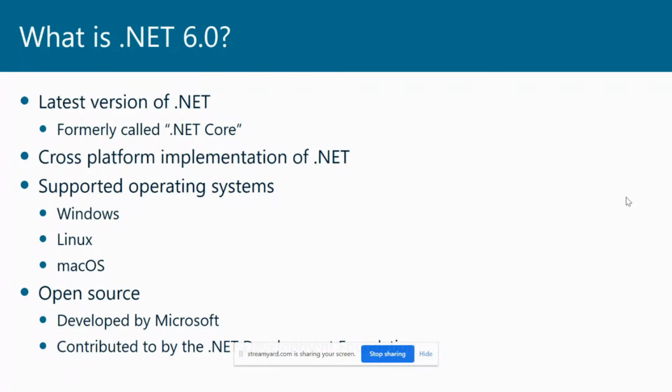But given that the world has evolved to much more cross-platform, Microsoft needed to evolve with that, and they developed this cross-platform implementation of .NET that they called .NET Core. When .NET Core first came out, and for the first several years thereafter, they were having two parallel tracks of .NET Framework and .NET Core. Well, they ultimately got merged